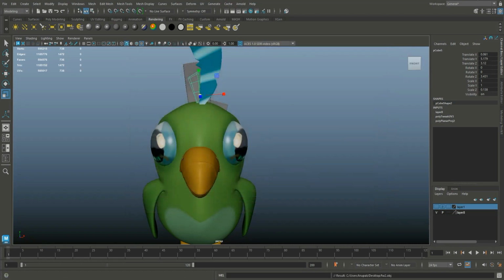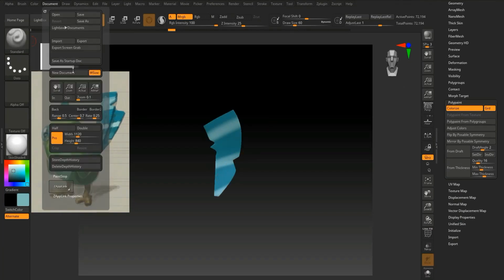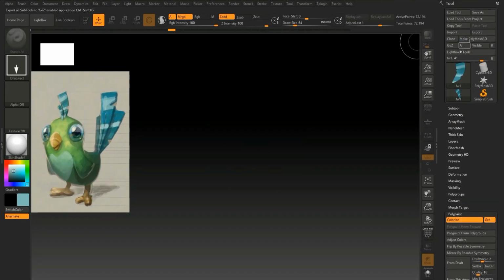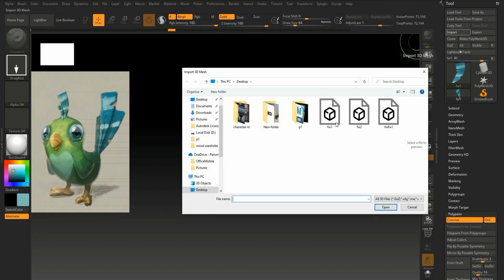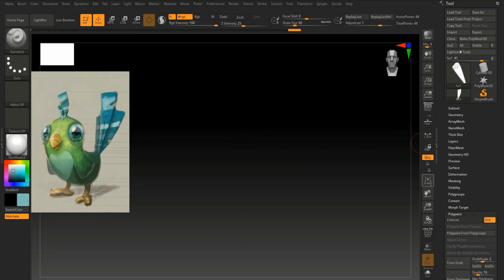So taking a new document, importing, dragging and then edit, and dividing,